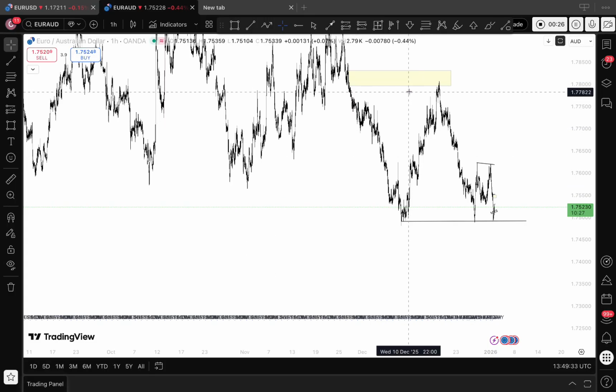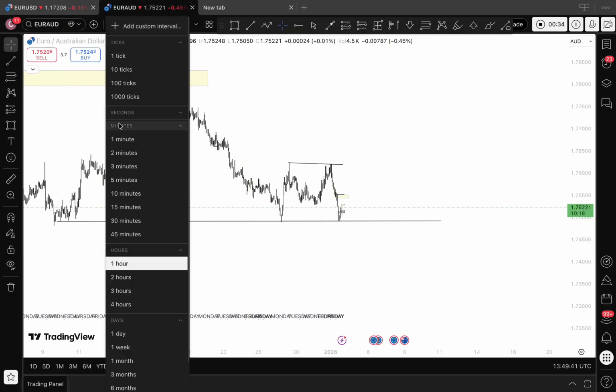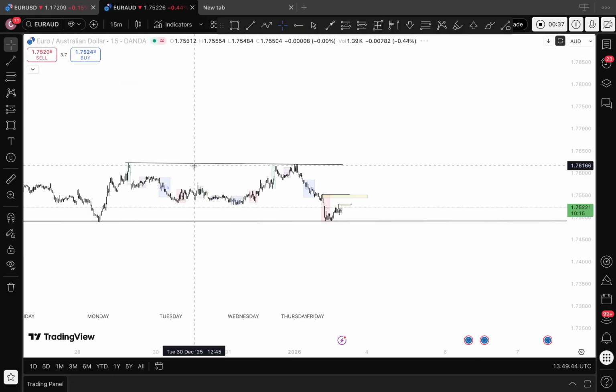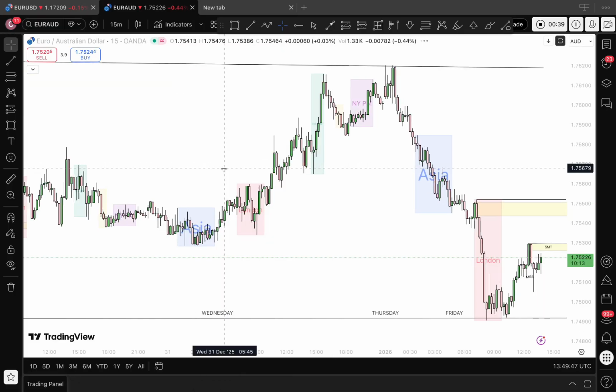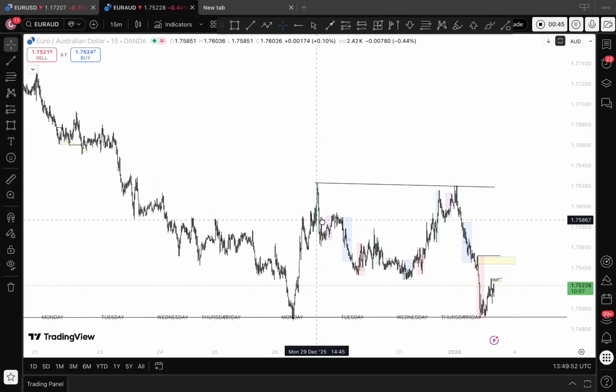You can see we have a break of structure. We have a retest to this point, I'm sorry, a retracement. Now we're about to break structure down to the side. So coming back to 15 minutes, all we are doing now is understanding structure first. If you come to 15 minutes, the market went this direction, then changed direction back again.